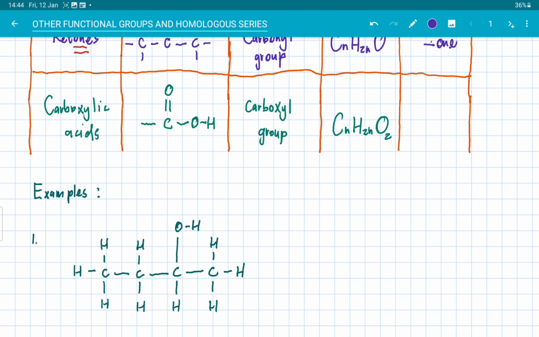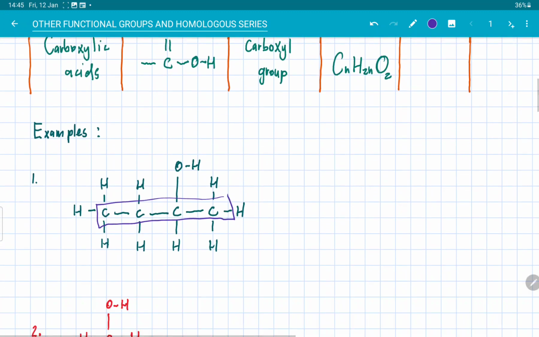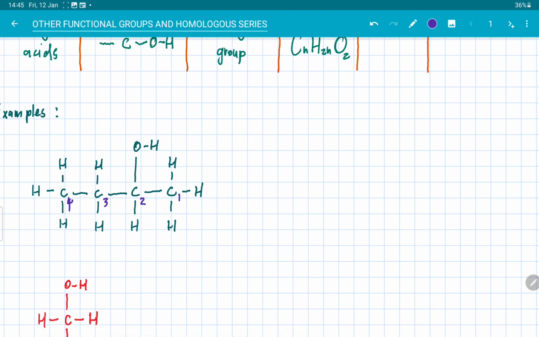So now we will ask ourselves, if the main continuous chain containing the alcohol functional group is just a straight chain, that means we go to the next part. We number such that the functional group is part of the main chain. So number from the closest end to the functional group. Remember, it must have the lowest possible number. So we say 1, 2, 3, 4. And because of that, when we name it,